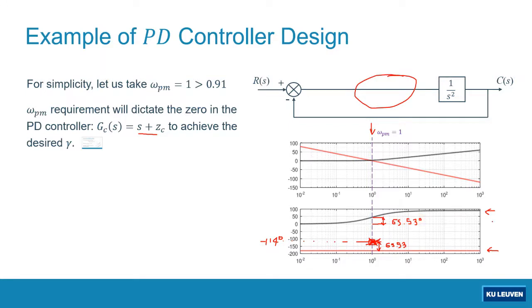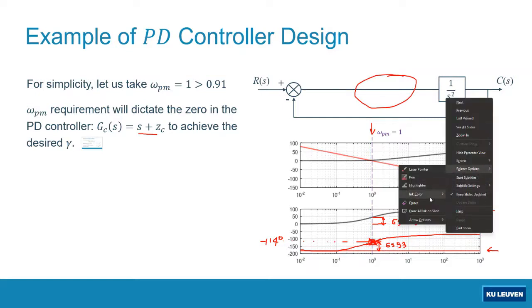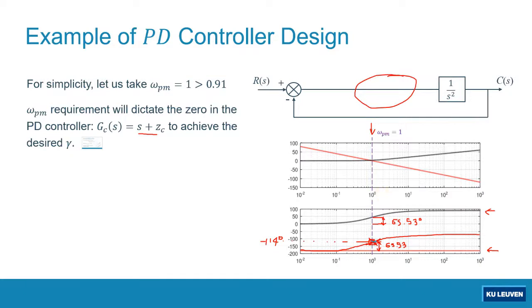In such, when I have already introduced this PD controller, after I combine these two phase plots, the phase plot of my new open loop transfer function will be something like this, right? And then it will cross, I'm sorry, I might exaggerate it a bit, but in such, the main goal is to have the phase plot of my new open loop transfer function cross this point, right? So okay, in this case then, the requirement of my PD controller is that the phase value of my